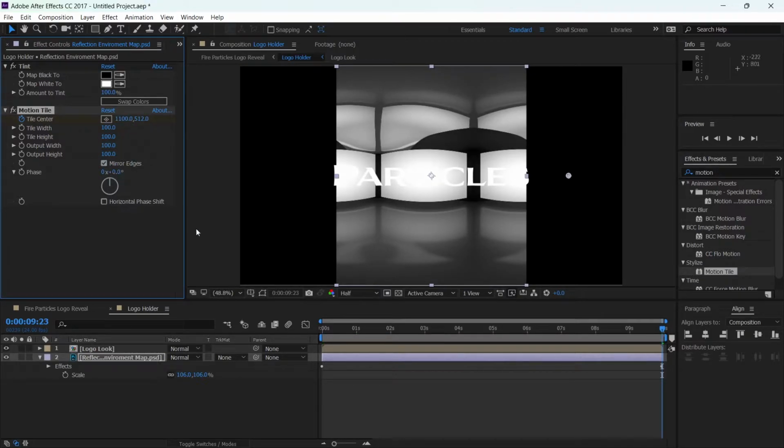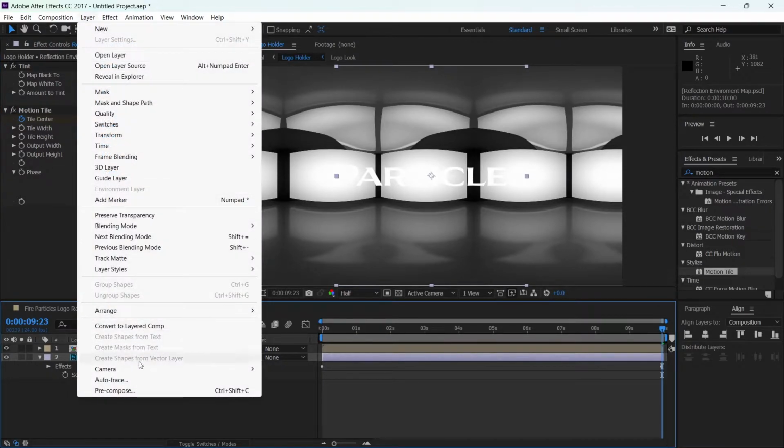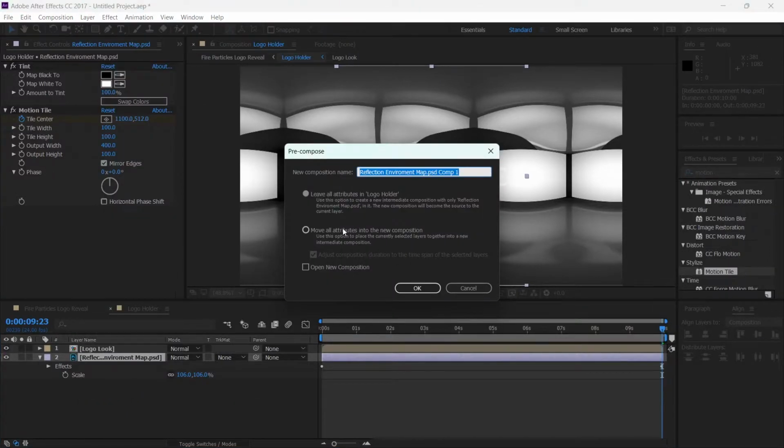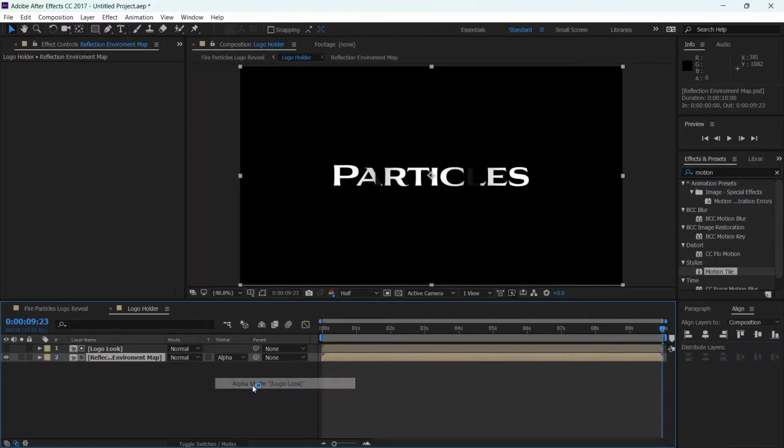Turn on mirror edges and change the output width to 400. Okay, now I just go to layer, pre-comp, and change move all attributes. Great, and hit OK. Then I'm gonna change the track matte to alpha matte,